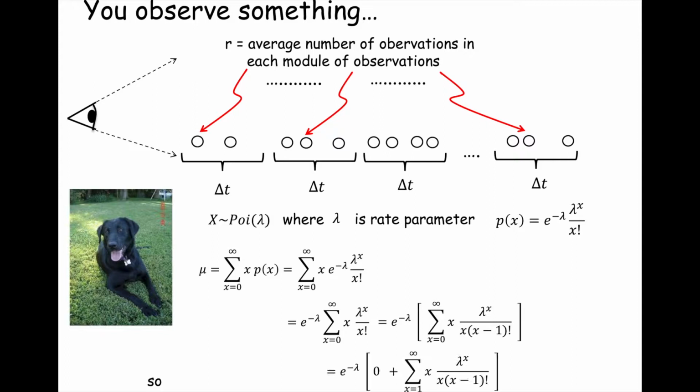Okay. So if we do that, we're now left with an expression, kind of jumping steps here, that looks like the following. We're left with e to the minus lambda, our leading term, and we have our summation, x goes from 0 to infinity, of lambda to the x power over x minus 1 quantity factorial.